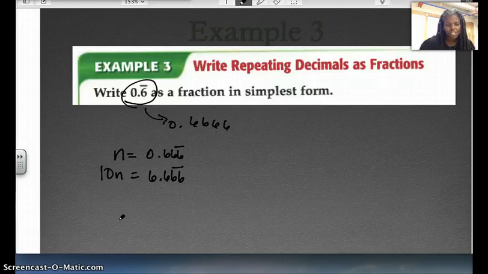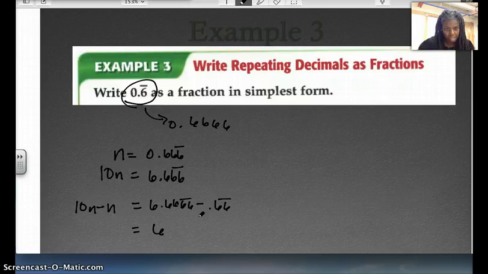Hold on to that concept, because now this is where things are going to be a little bit crazy, but that's okay, you guys are tough. What I'm going to do with these two numbers is get rid of the repeating part, because that's kind of hard to deal with sometimes. So if I take 6.66666 and take 0.66666, if I subtract them, I get rid of the repeating part. So 6.66666 minus 0.66 repeating is going to end up giving me 6. But what I do to one side, I've got to do to the other. So I end up with 10n, which is 6.66666, minus n, which is 0.666, which is the same thing, and